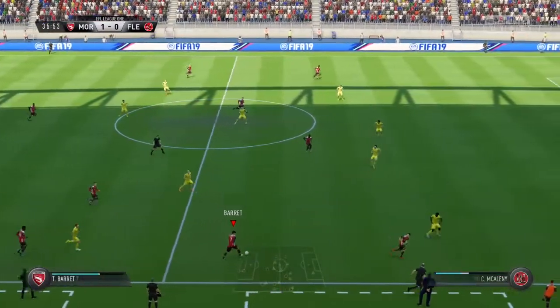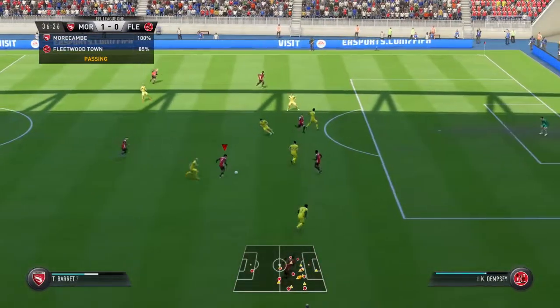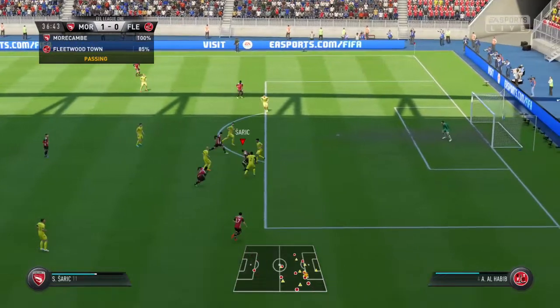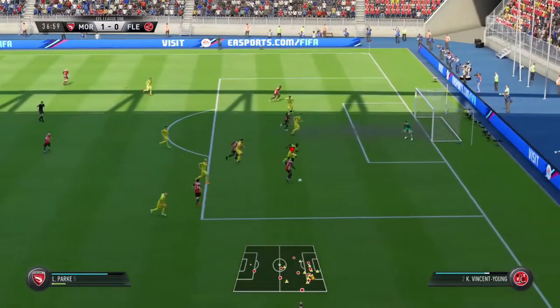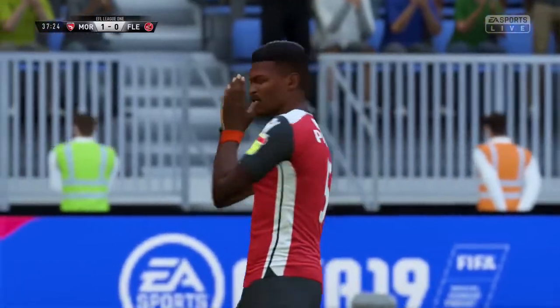LeConte gets it down to Barrett. Barrett will push forward. The defense opens up. He has a little opportunity here. He'll drive. He'll get it back onto Sarek. Sarek will lay it for Park, who will drive. The defense takes the shot, and it's off the sidebar and out for what would have been a